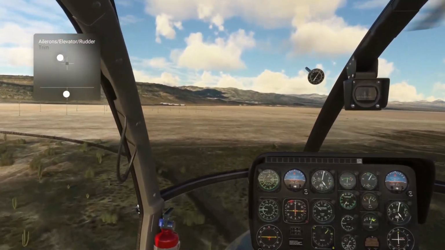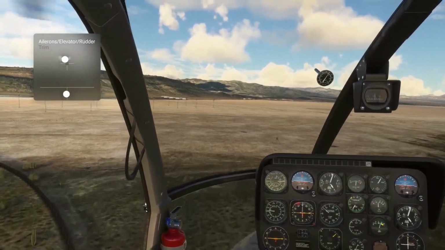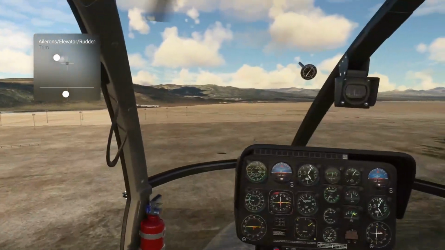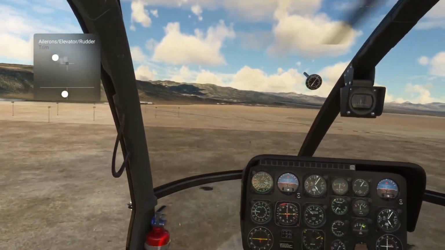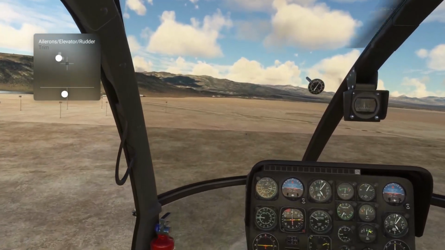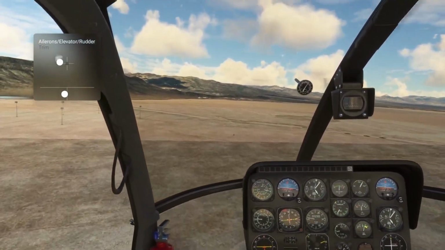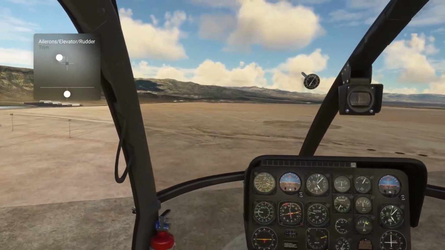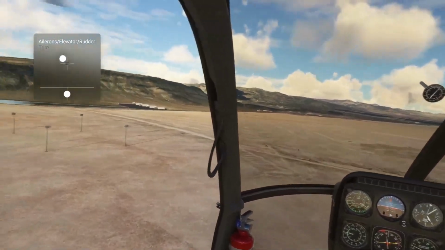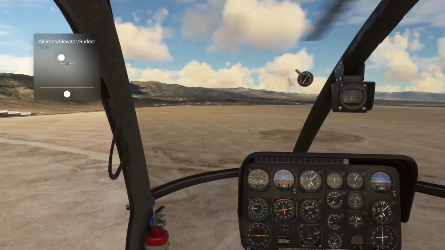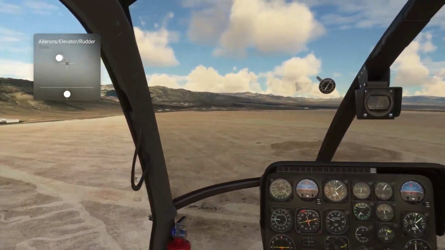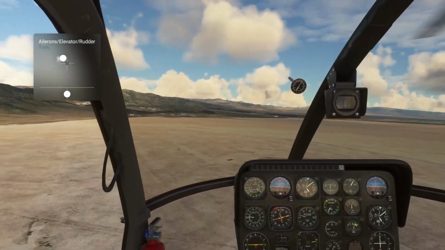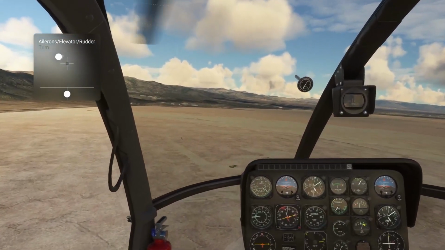Alright, so now we're in forward flight. Helicopters by nature, once they've gotten up to enough forward airspeed, want to weather vane into the wind. So it wants to stay in trim pretty much on its own from whatever way the relative wind is coming. So what that means is right now I don't need a whole lot of pedal, right? I have no pedal input right now and I'm perfectly trimmed